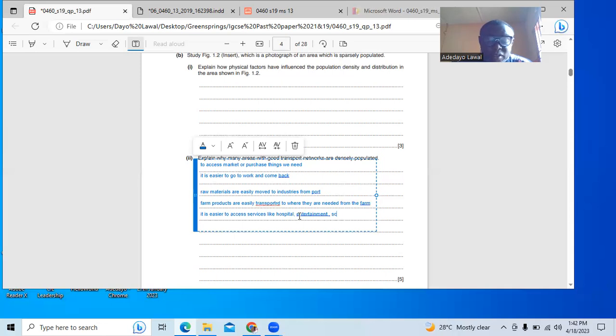Schools, that's another necessary service. Children need to go to school. And is it easy for me to bring them to school and bring them back? So good transport has connection with so many things. And that is why